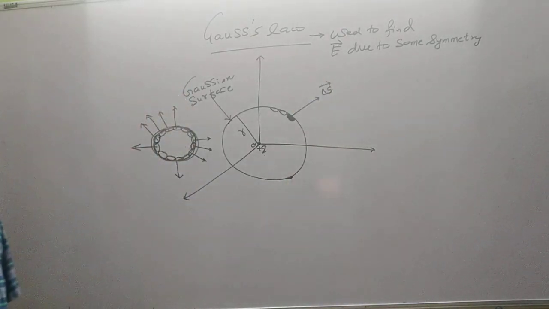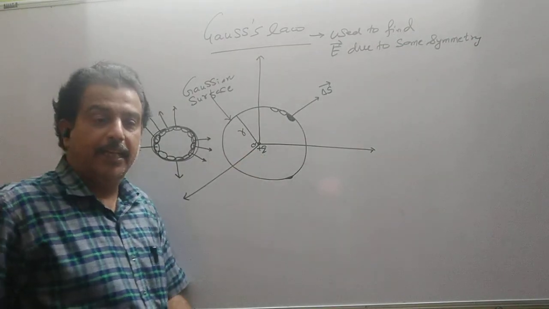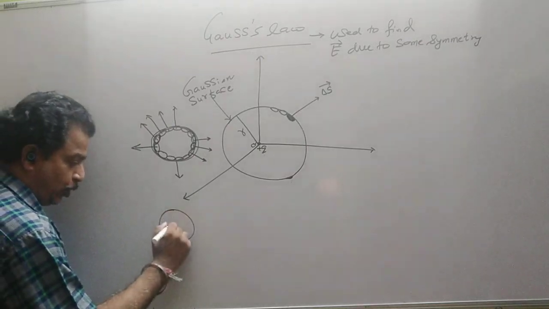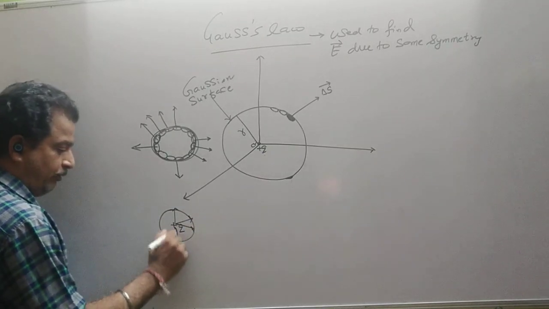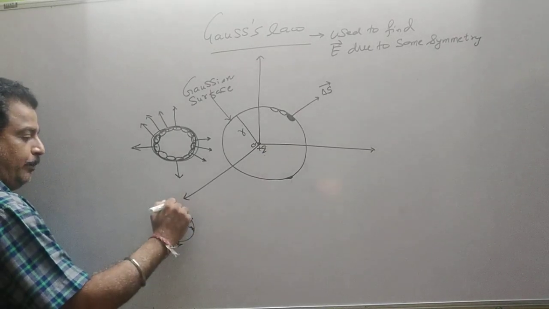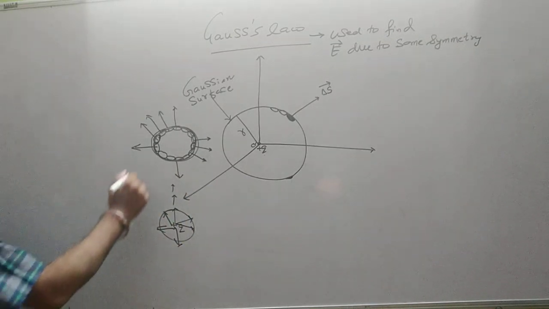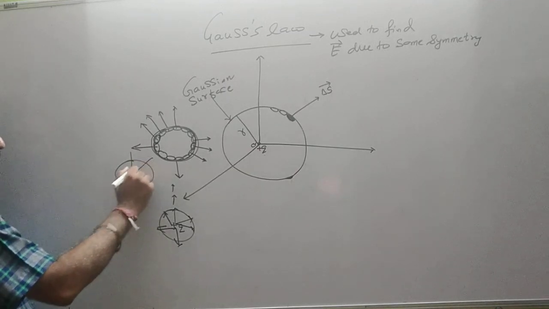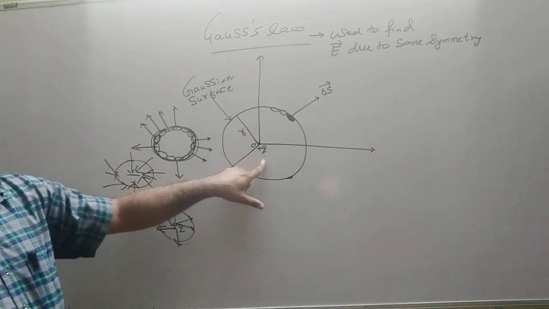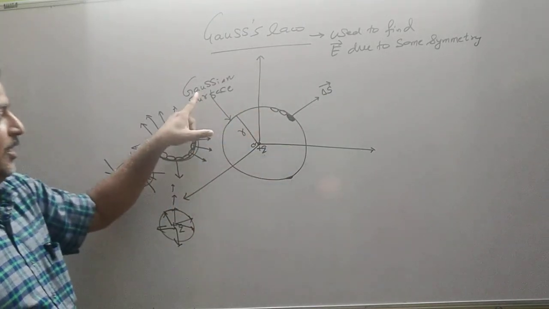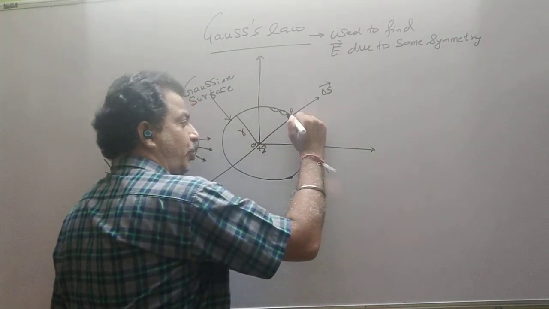Say delta S vector. Now if we have a plus charge, we have seen that the electric flux for a positive charge enclosed in the surface is radially outward. If you remember, it was a big arrow, small arrow, where the length indicates the intensity. So field lines are radially outward. If you have a negative source, the field lines are radially inward. So here we have taken a plus charge, which is enclosed in an imaginary Gaussian surface. So let us consider this as a point P.